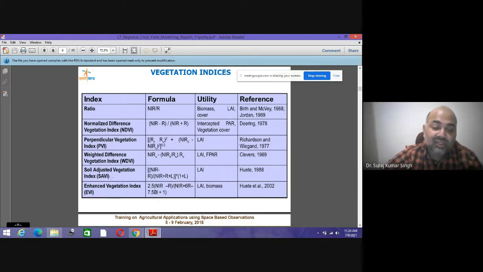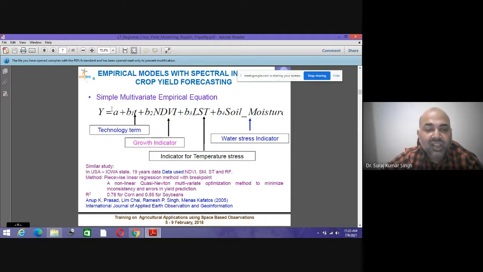Again this is used for leaf area index. Soil adjusted vegetation index, that is also known as SAVI. This index is also used for creation of leaf area index. Then you have got enhanced vegetation index, where we'll be using all these formulas. We'll be doing the practicals in our laboratories, so as to have a basic understanding of how this model works, what are the final outputs, what are the parameters that have to be dealt with during the creation of those models. So you can see this is a multivariate empirical model, where